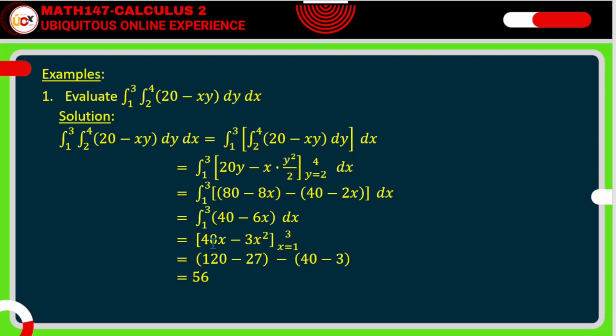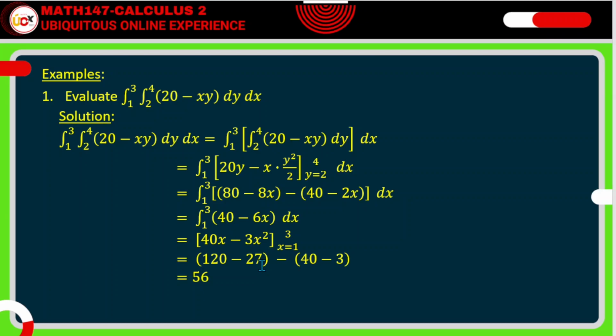Then by substitution, substitute. So 40 times 3, you get 120 minus. So this is 3 squared is 9 times 3, so 27. Minus, because the lower limit is 1, so by substitution, 40 times 1, you get 40. Minus 3 times, because the value of x is 1, so 1 squared is 1, times 3, so you get negative 3. But 120 minus 27